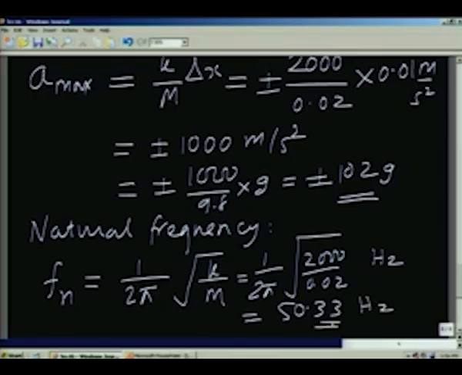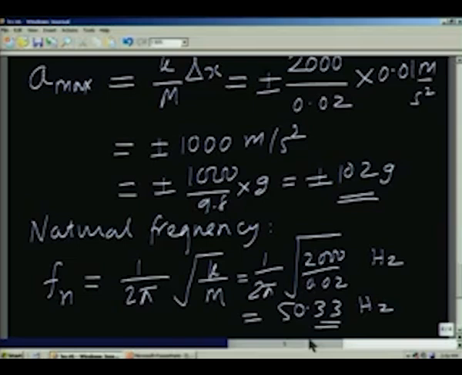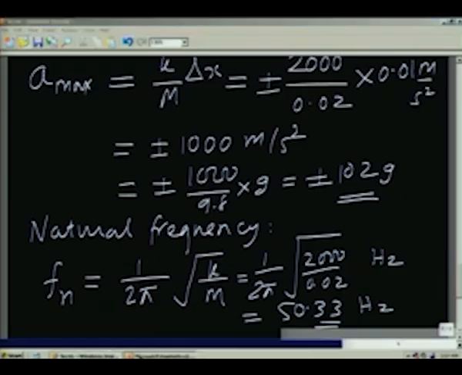So, the natural frequency of this system is about 50 hertz, and we will see in a little while from now that the natural frequency plays a very important role. And for that, let us look at a more tangible case where you also have some damping, because it is very difficult to have a system without any damping, it is just not possible. So, if you have a damping, the nature of the response of the spring mass damped system is totally different from what we have been talking about. So, in order to look at that, let us go back to the